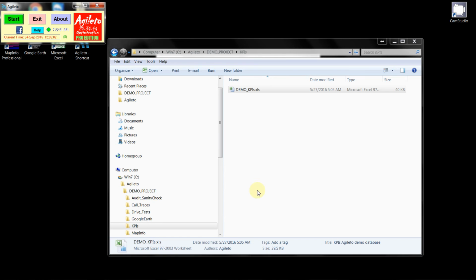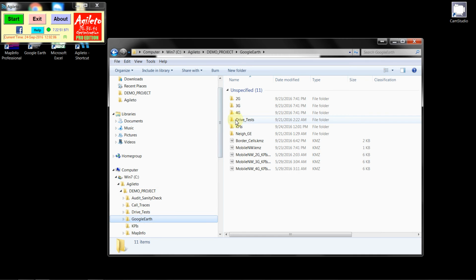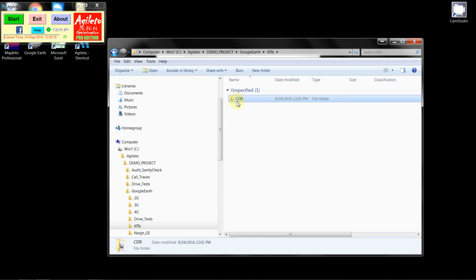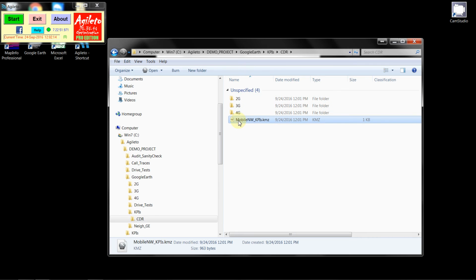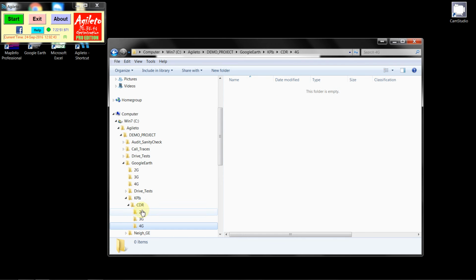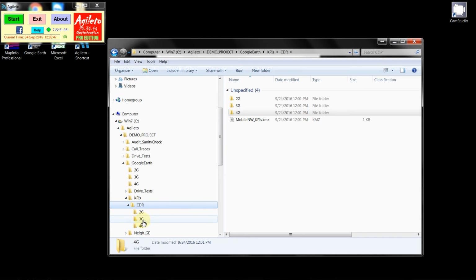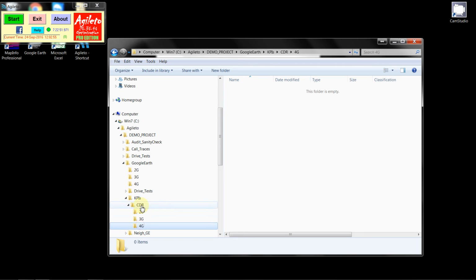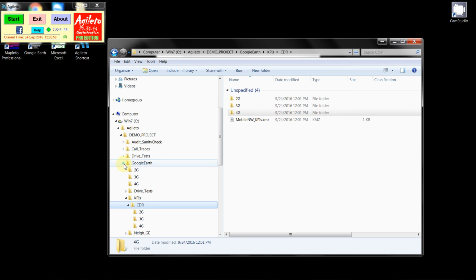And if you want to see, for example, this on both, we can go here on Google and KPIs, and we see CDR. Under CDR we see different values for the different technologies, 2G, 3G, 4G, and this is a file that is related to all of them, linked to all of the data from here. And for the 2G technology, we have this set of files that have just been created. For 3G and 4G, we don't have anything yet, but if we do it for those technologies, a similar KPI called drop rate, they will be added in these folders. Okay, so this is for Google Earth, and if we want to see for MapInfo,